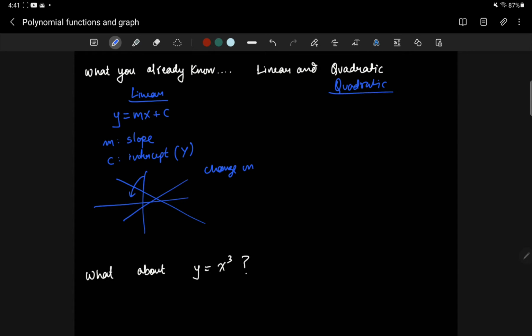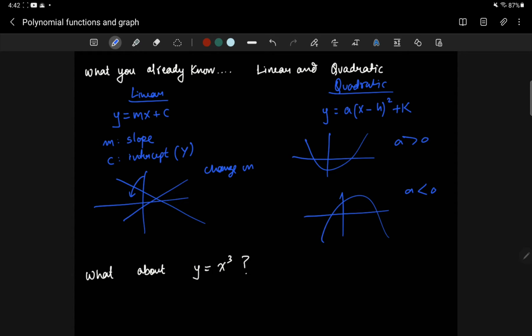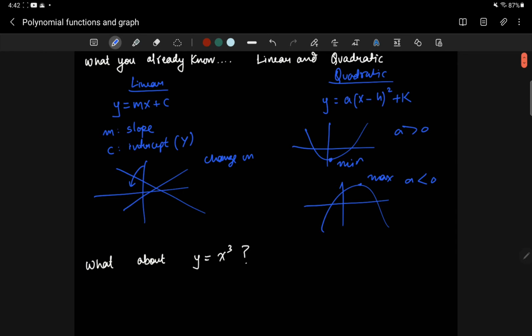Then the next thing we saw is a quadratic, and the quadratic can look something like that. And it has two basic shapes depending on whether a is positive or a is negative. Okay, so depending on that, there are two possible shapes, and as a result of these possible shapes, you have either a minimum or a maximum point. And because of the nature of squaring, these are symmetrical because they are squares. So let's take a step further and go 1 degree higher,